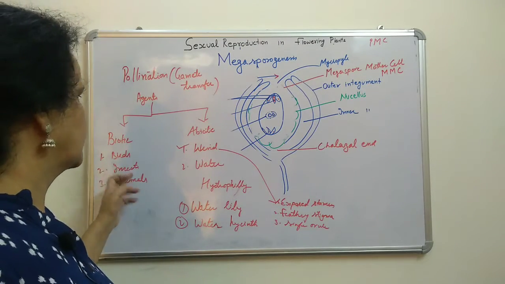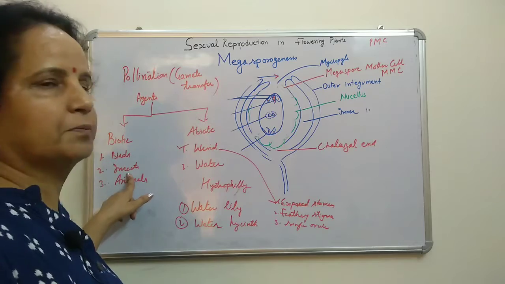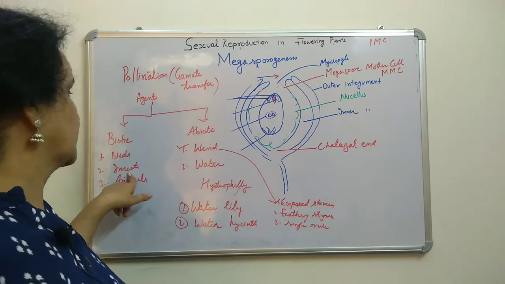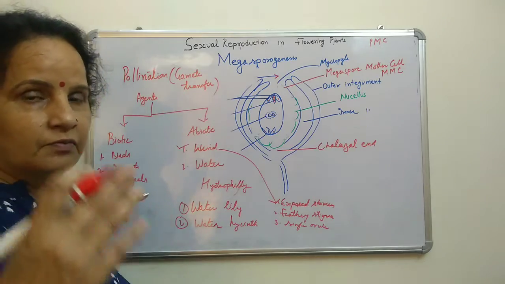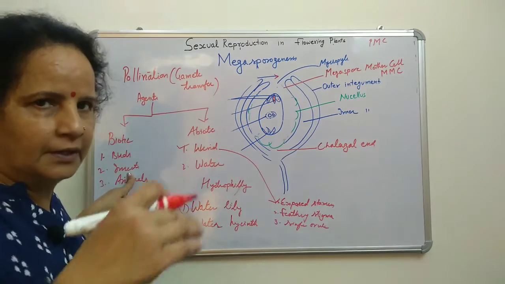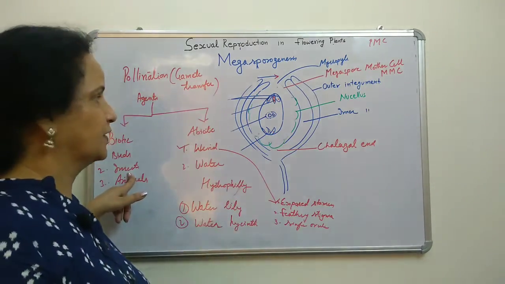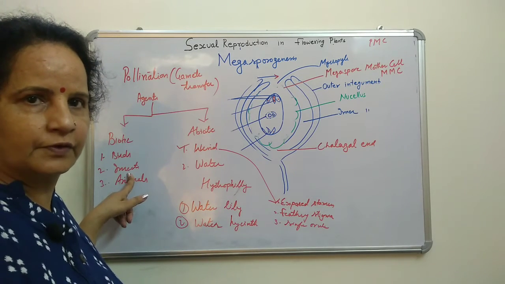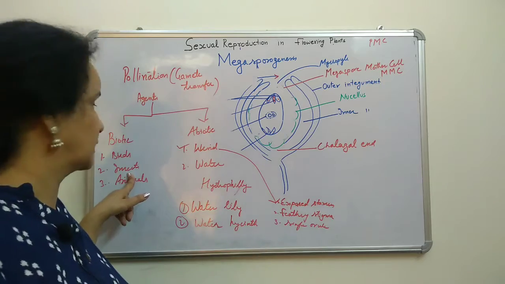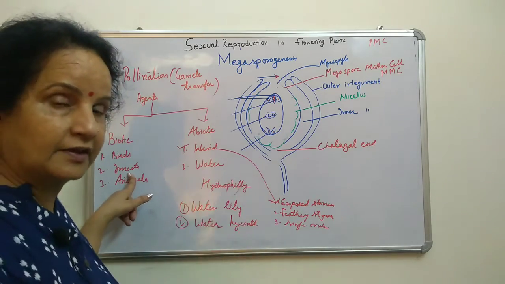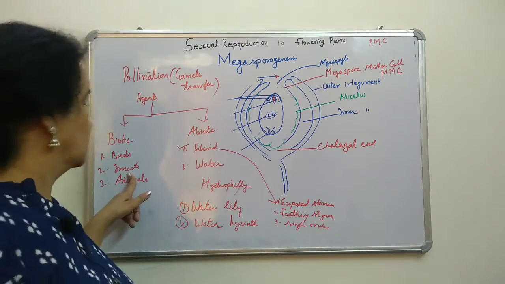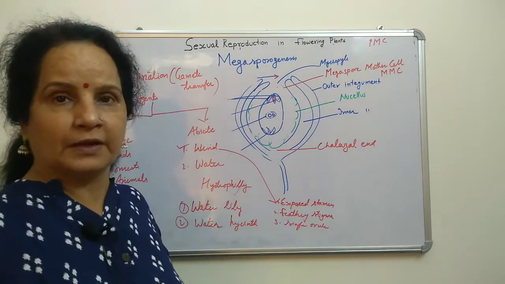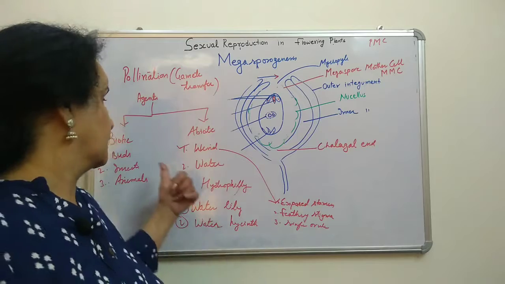Now when we talk about insects, maximum plants are being pollinated by insects, and you know the main characteristic: those plants which are being pollinated by insects are colorful. Maximum flowers are colorful, petals are there, with different or beautiful colors, to attract the insect to come and sit on that flower. Second, they will have fragrance. Fragrance means their own smell.